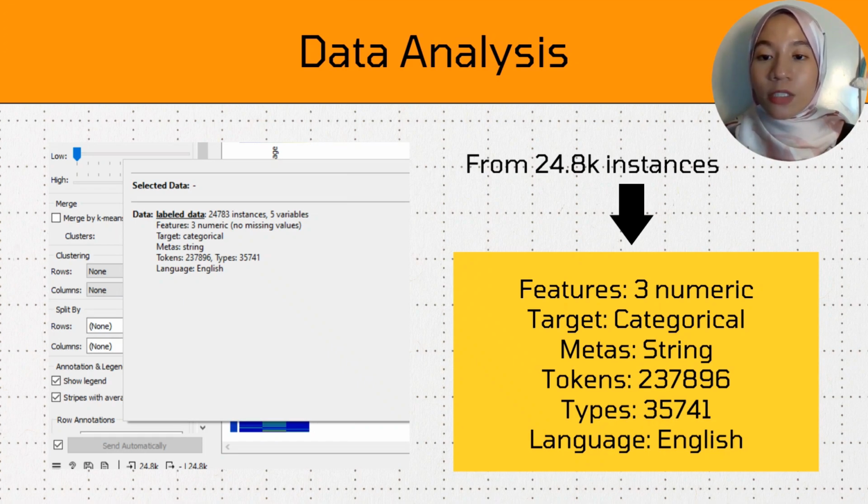Next, the tokens represent the individual words. The information provided states that there are 237,000 tokens in the dataset with 35,000 unique or distinct words, and the dataset is in the English language.